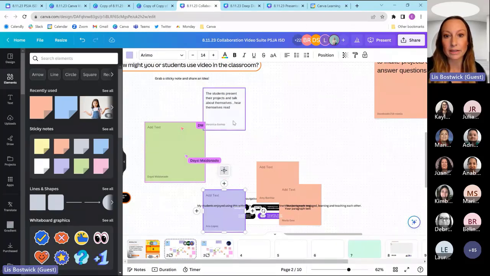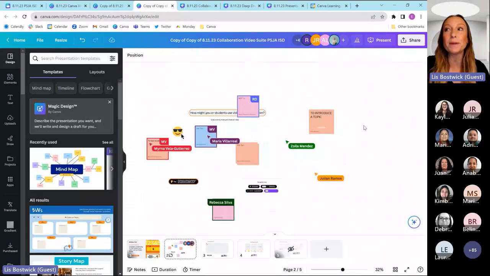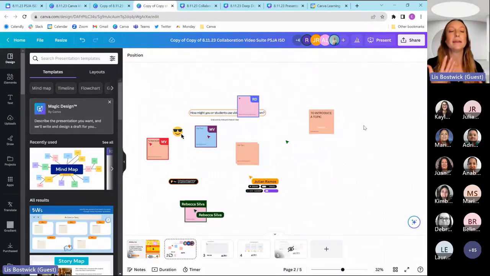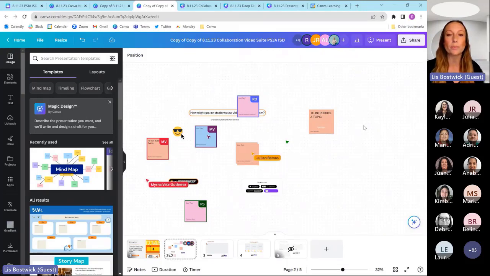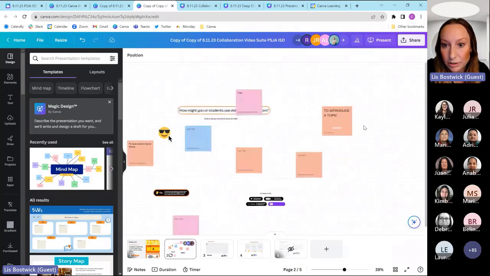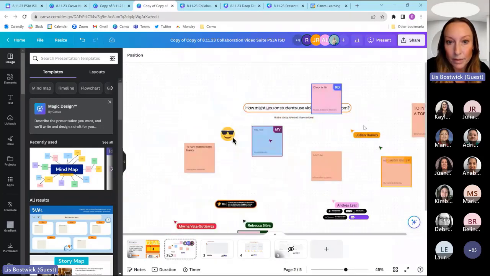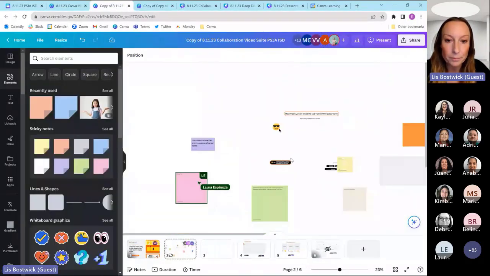And I love that, Veronica, the students can present their projects and talk about themselves, hear themselves read. Yeah, for reading fluency, just making connections. Anytime we can get our students to speak and be articulate and be able to explain their thinking or a process, we know that we're making better opportunities to deepen those connections, to introduce a topic. Beautiful. Check for understanding.